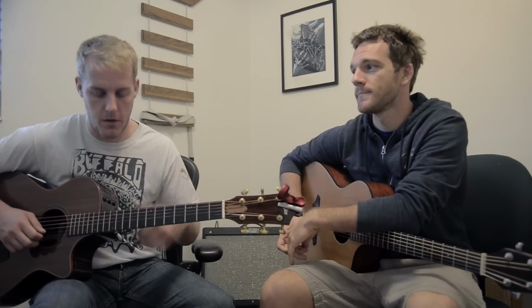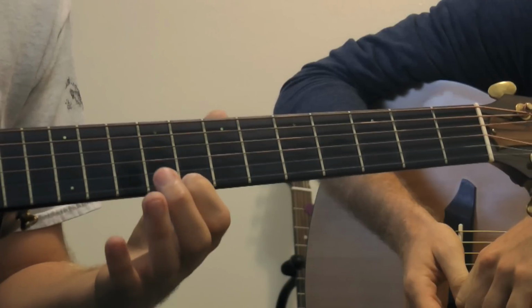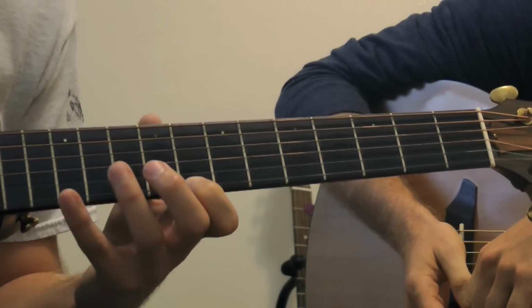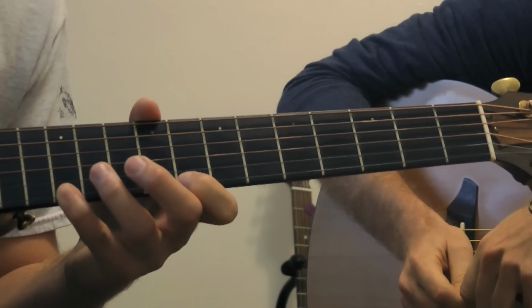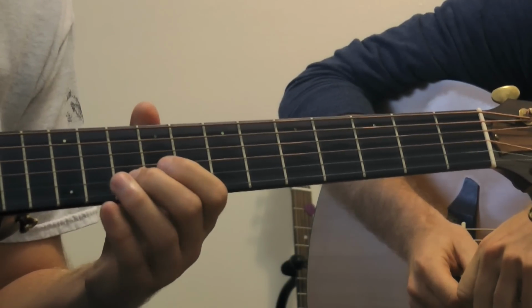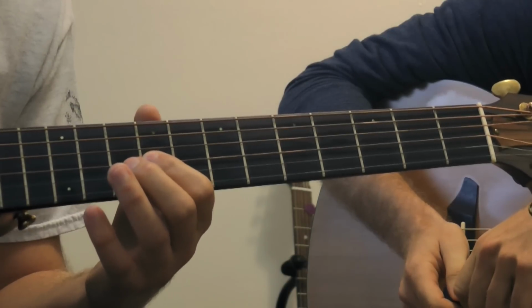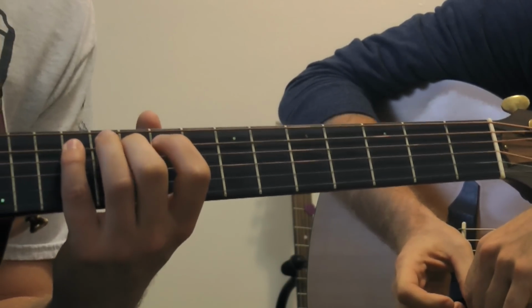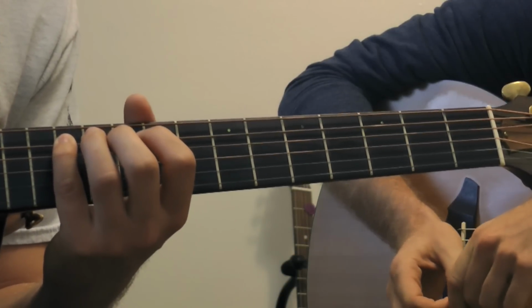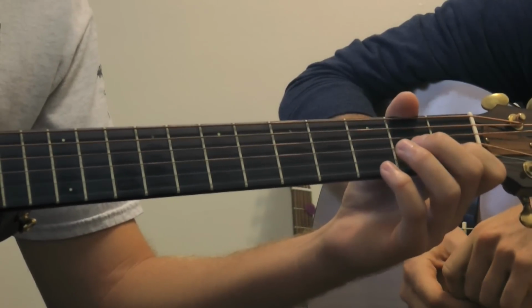So we're going to move up this shape. If you've been following these lessons, you already know, but I'm going to go over it real quickly for people who don't know. We're going to hit the minor third here, on the 8th fret of the high E, reach for the 5, which is the 12th fret of the high E, and then we're going to come back. So we're going back to the 5, right here, we're going to hit the 10th fret of the D string, 12th fret of the A string. So we hit the A again. So what we have so far is...